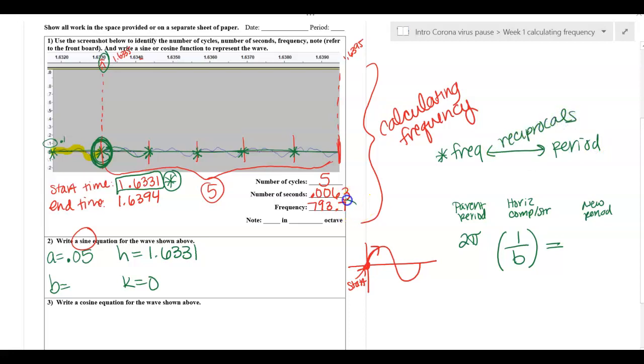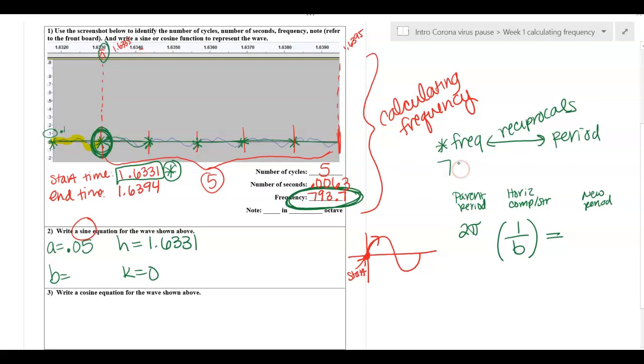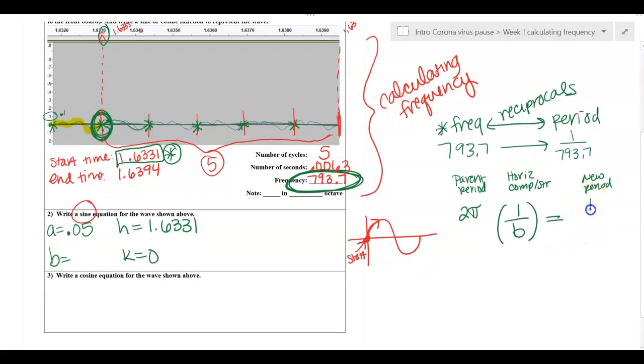So given that you guys have calculated a frequency for each of the screenshots you have, if I know the frequency is 793.7, then I actually do know the period. The period is going to be the reciprocal of that number. Okay. So my new period that my graph is supposed to make is 1 over 793.7. So if I finish solving this equation for b, I would have 2 pi over b equals 1 over